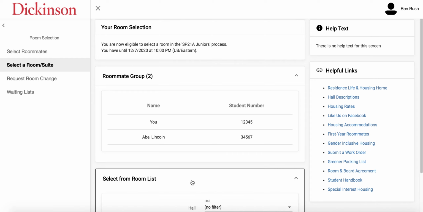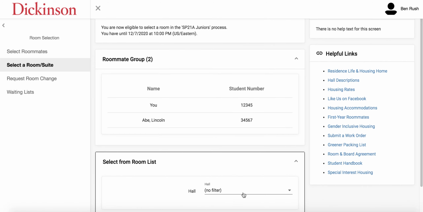If you have a specific building you are looking for, you can filter down in this area that says Hall. If you are unsure or want to look at all available options, you do not have to use this filter. For the sake of this example, I am not going to use the filter so we can see all of